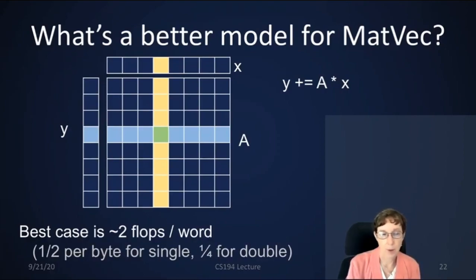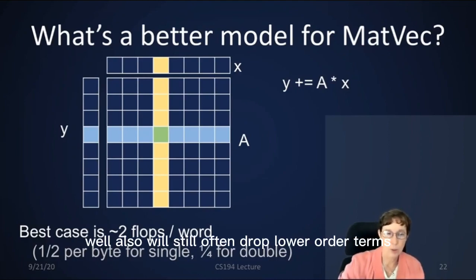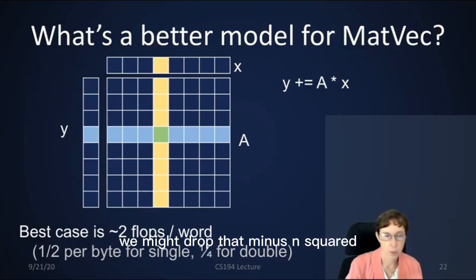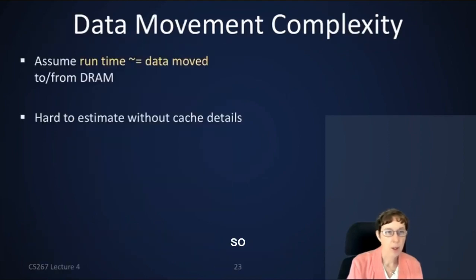So, you know, matrix multiply has a 2 in front of the order n cubed, and that will turn out, as we'll see, to be important for some of these applications. We'll still often drop lower order terms. So if it's 2n cubed minus n squared, we might drop the minus n squared because that won't matter very much, but we will care sometimes about the constant in front. Okay, so